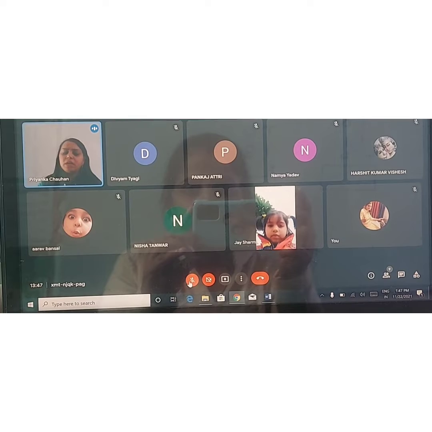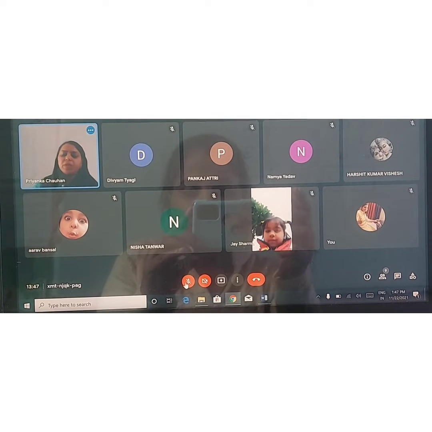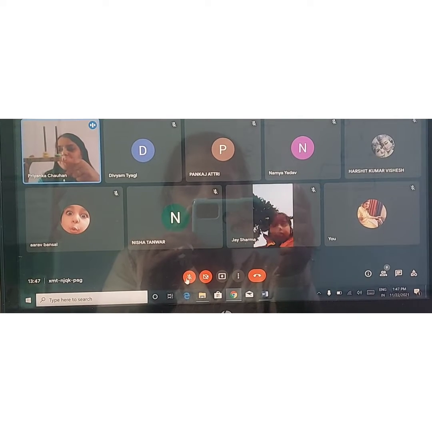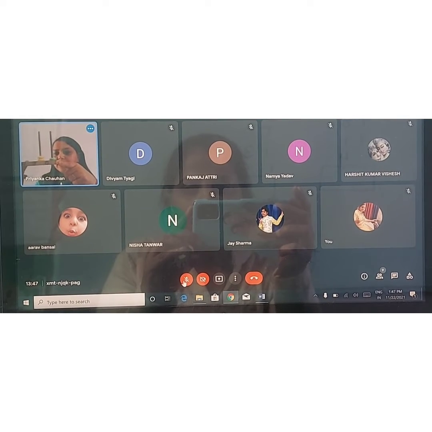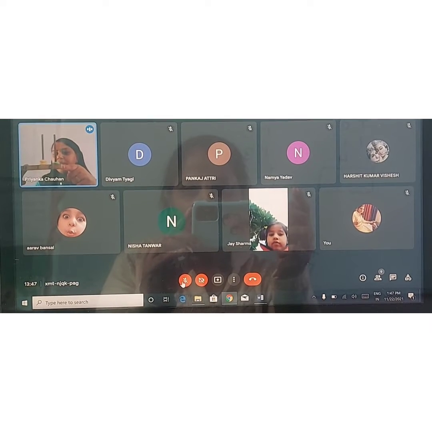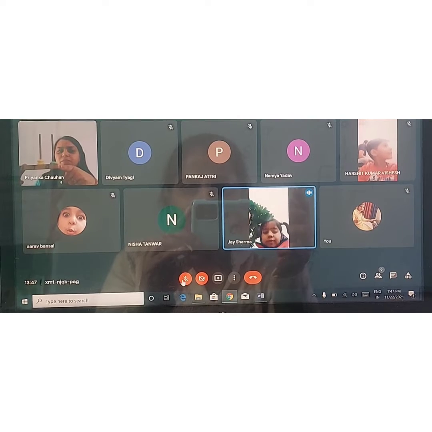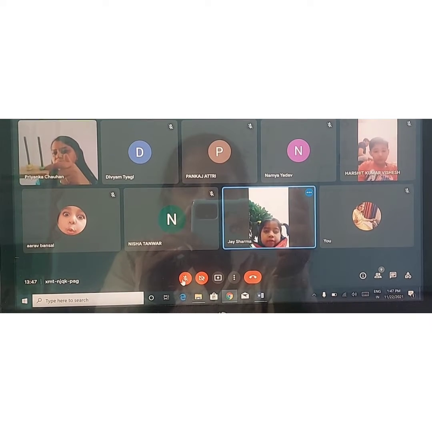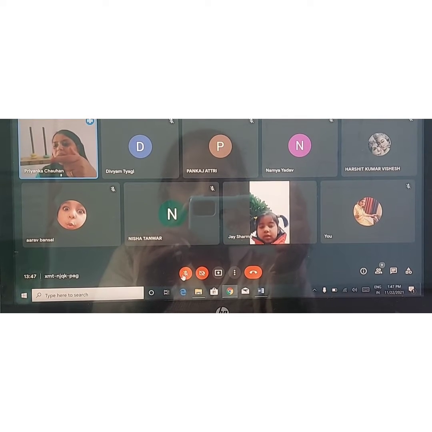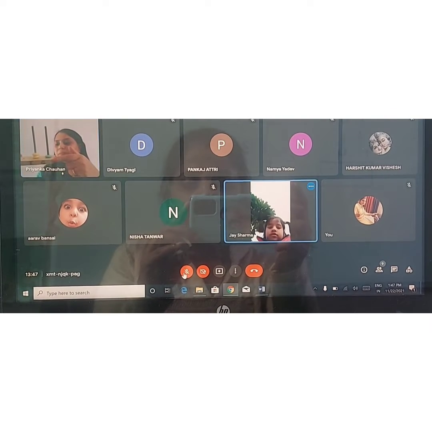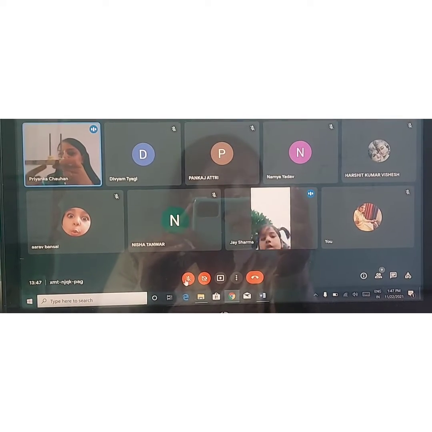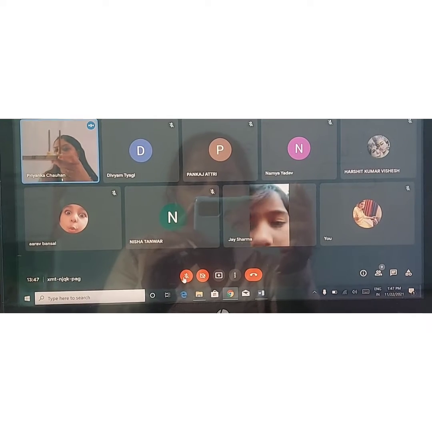Okay, Upasana. Now again tell me what is the number here. What is the number here, beta? 2, and here 4 tens. So what is the complete number? 2 tens and 1 one. So right answer